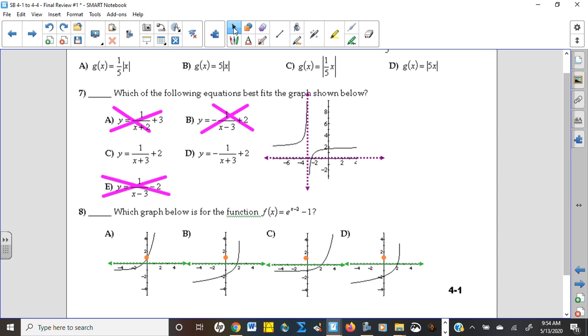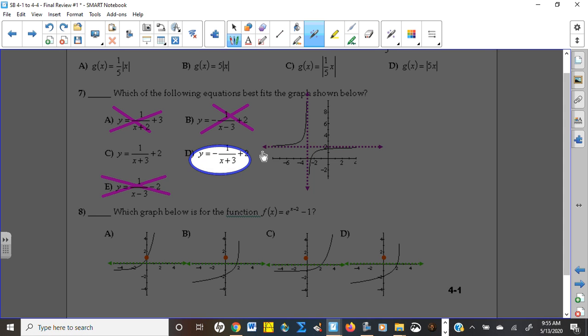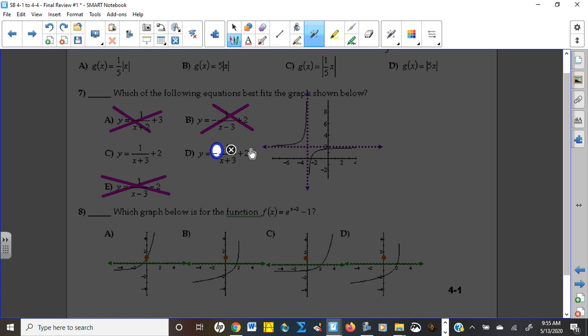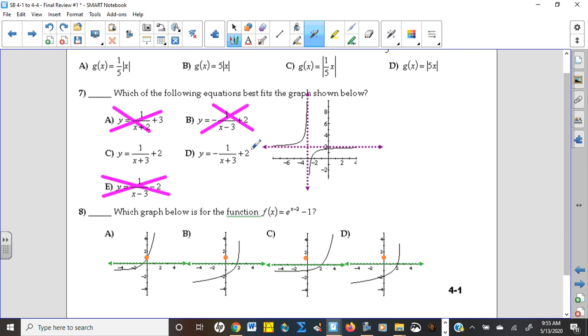Also, we see that our horizontal asymptote is shifted up 2 units, and so we need the +2. Well, both of these have +2, so the only difference really is that this one has that negative, and that's actually why we choose D to be the answer, because normally we get our graph in quadrant 1 and our graph in quadrant 3. Well, you can see that these have been reflected. It looks like this one got reflected down here and this one got reflected up here, hence the negative on the outside of the function that reflects us vertically through the x-axis, or I guess in this case the horizontal asymptote. All right,